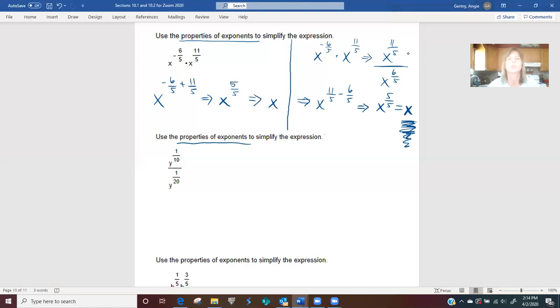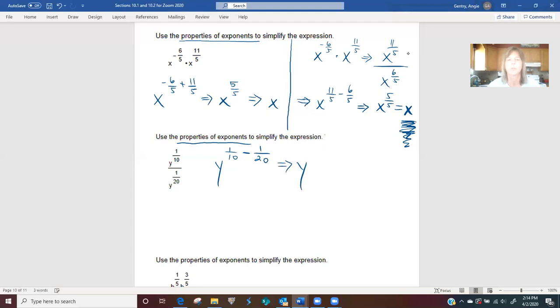Use the properties of exponents. This time I'm just going to go with the quotient rule because it's already a division. So I'm going to use the quotient rule immediately: same base, subtract exponents. Then we have to watch it a little bit. So I'm subtracting exponents,